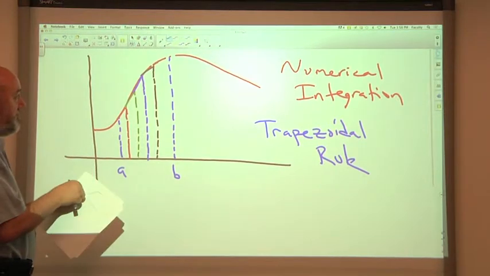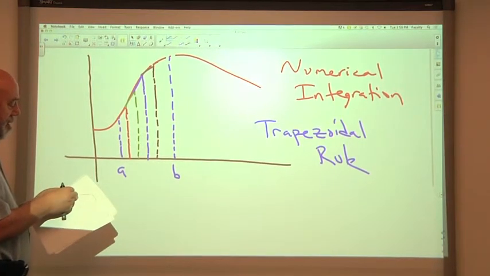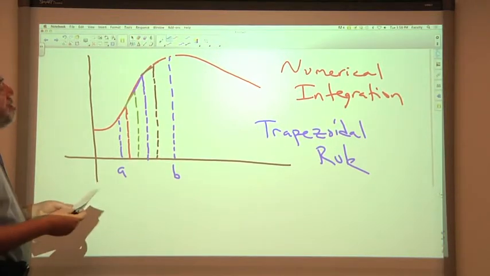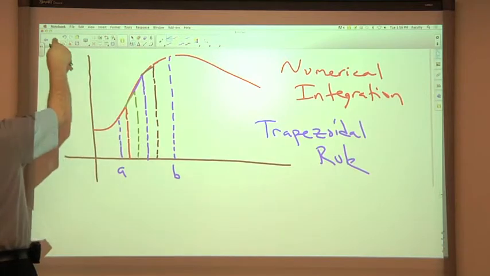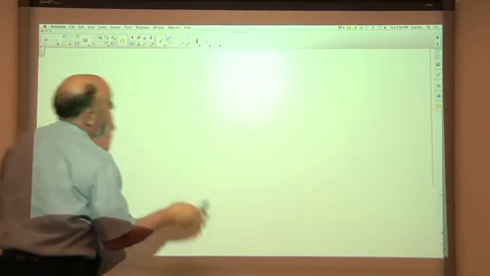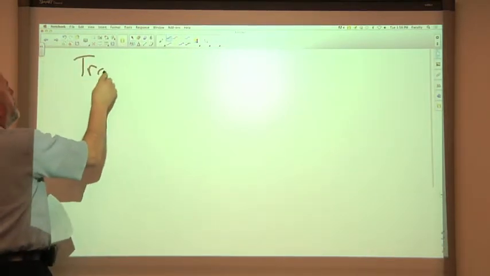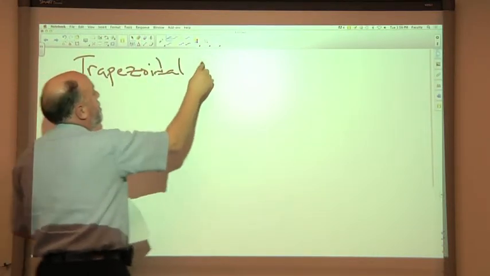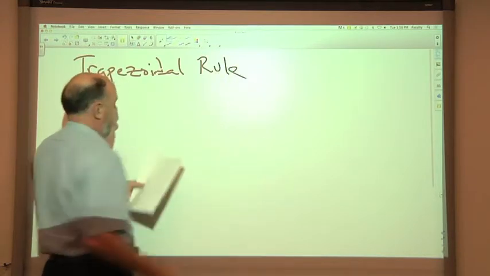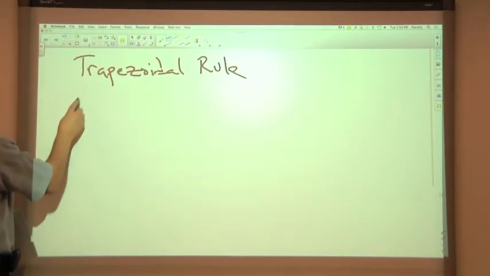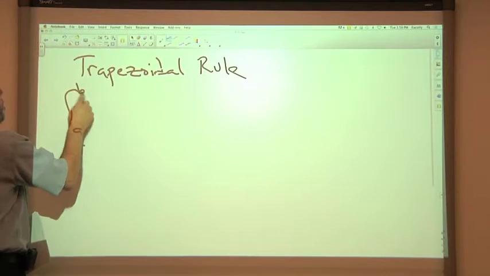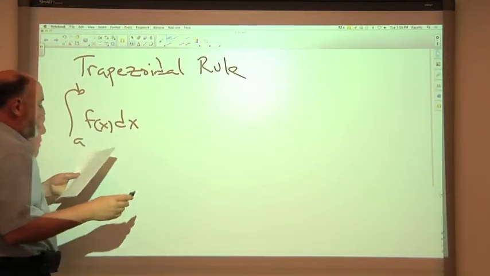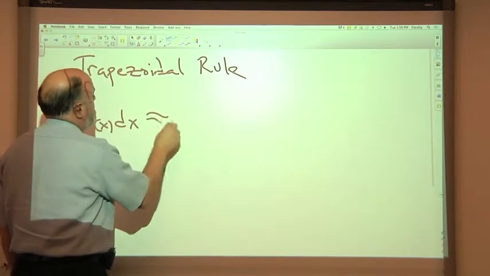So in terms of the trapezoidal rule, the formula for this is given by: the integral from a to b of f of x dx is approximately, and again, it's an approximation, so that's why the wavy equal sign,